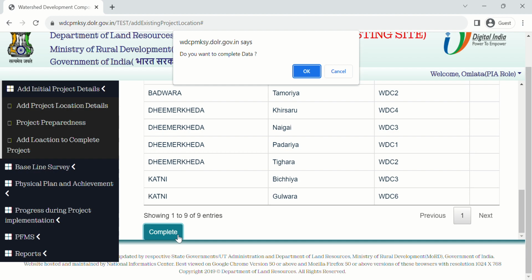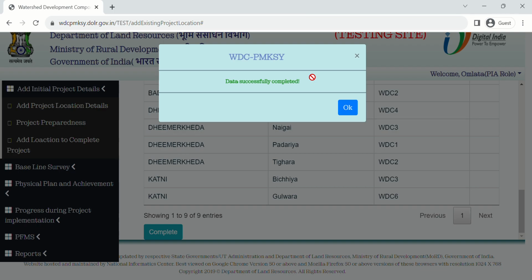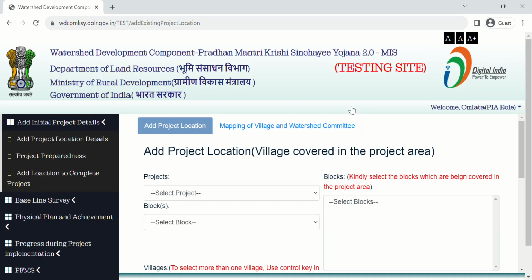Make sure that after completing the data, you will not be able to delete or add any further information. After you press the Complete button, you find a message, do you want to complete data? Then click on OK. And you find a message, data successfully completed, and click on OK. Now your data has been completed successfully.